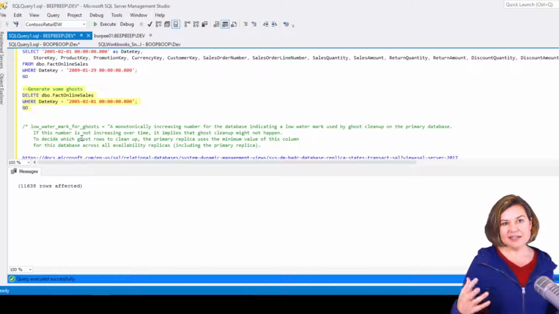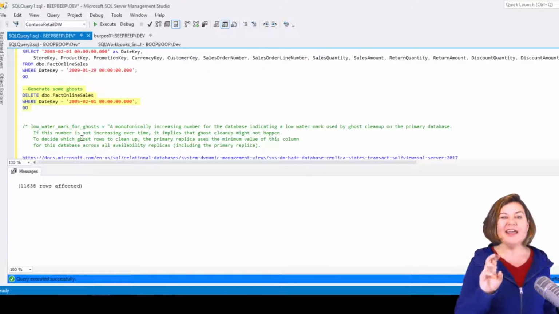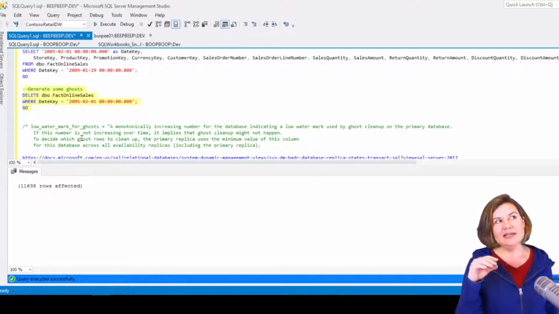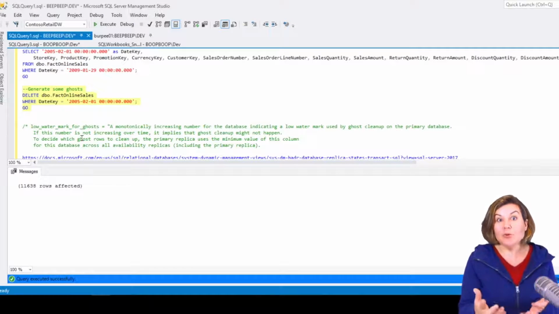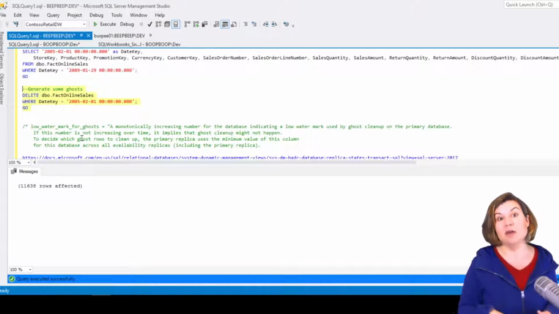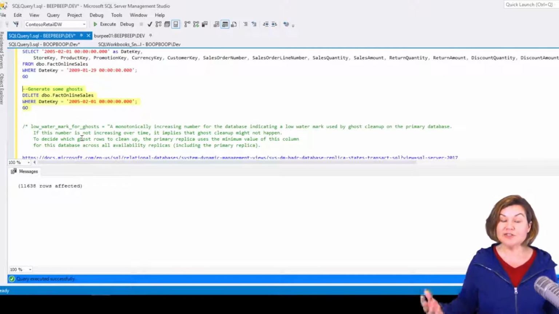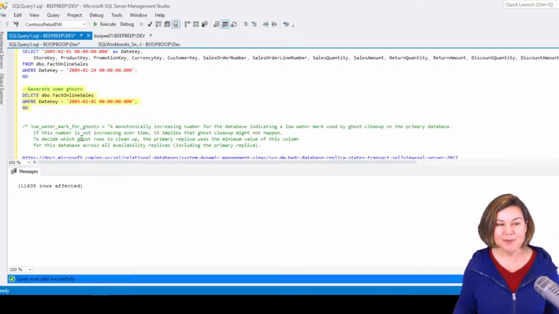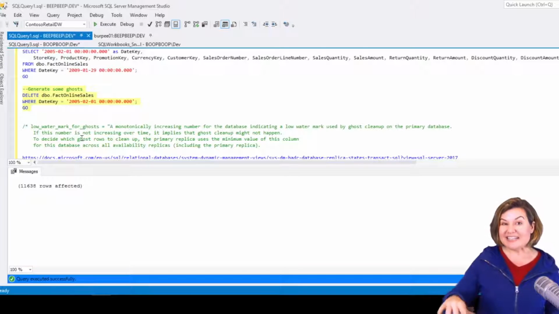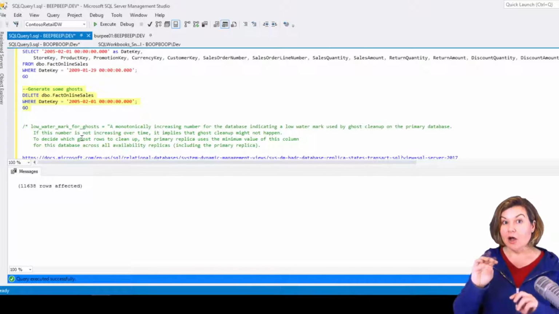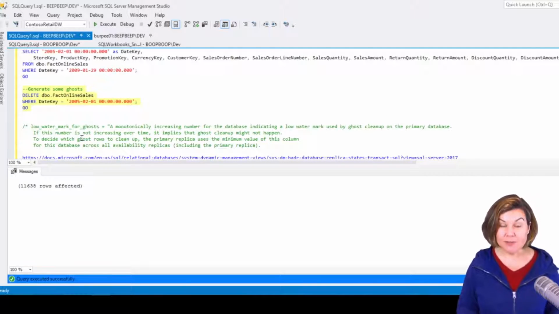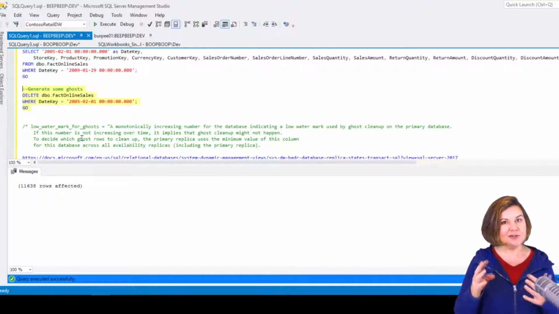Instead, it has a way that it can just mark, okay, yeah, this record, it's deleted. If we want to reuse the space, somebody needs to come through and clean it up later. That process, who comes through periodically and cleans up the ghost records, is called ghost cleanup. And having transactions open on our readable secondary database can mean that ghost cleanup is a little bit worried about